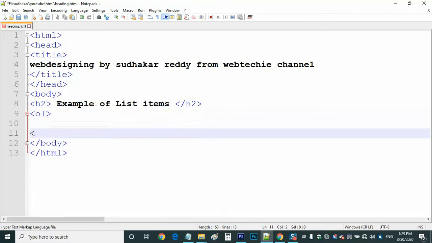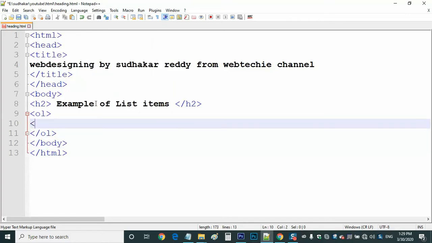OL, ordered listing, and in this we are going to write LI. It's a list item, and the list item will be closed in this. And here I'm going to write, say, Hyderabad.